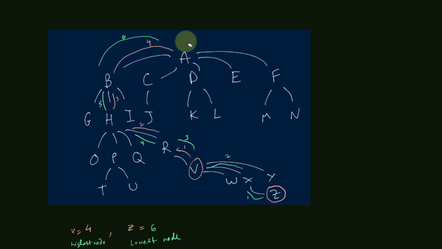from A to V. We have to check out all the branches, all the connections, and come up with a branch which is creating a path. So branch is also called a path. So if I go from V, then it is 1 to R, and from R I will go to H, which is 2. From H I will go to B, which is 3, and from B I will go to A, which is 4. So total depth of V is 4,